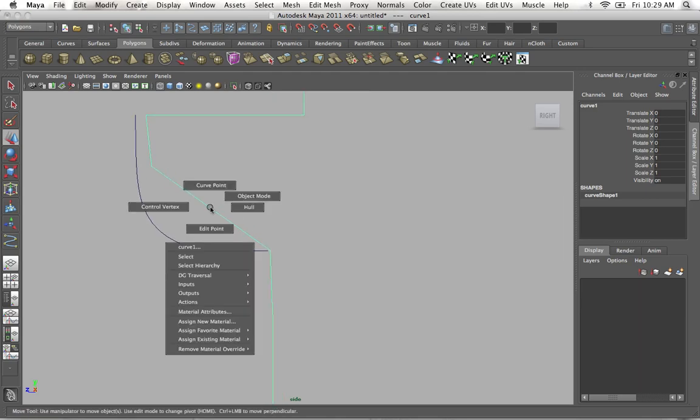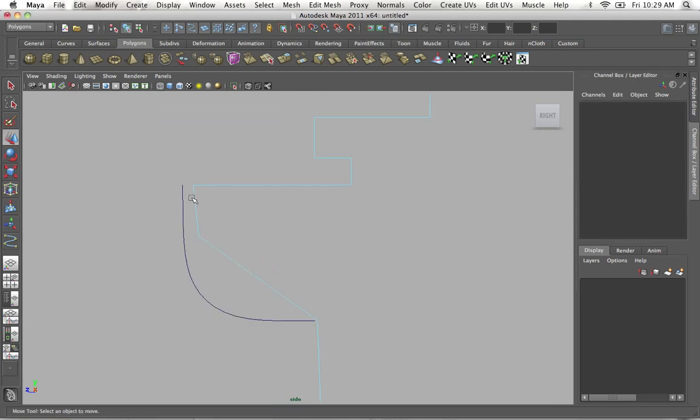I'm going to right click on the curve and go to curve point. Select this point here. Hold down the shift key. Curve points are infinite. You just go in like they're pins on a map. It's like adding a pin on a Google map and then adding another one. But it's like adding a pin and then just selecting it. And once you add those pins, or in this case curve points, and you're ready to make the cut,